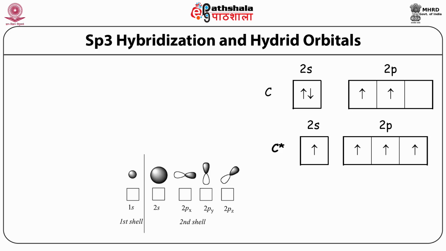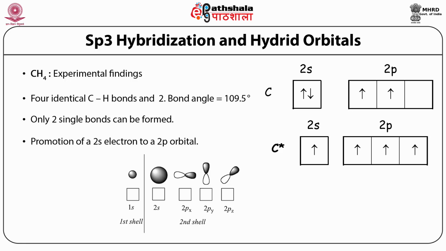Now, as we all know, the carbon's ground state configuration is 1s2, 2s2, 2p2, which can be represented like this: we have 2 electrons in 2s, and 2p has 3 components, px, py, pz, and px and py have 1 electron each. Now we have 2 experimental findings, that is, CH4 has 4 identical CH bonds and the bond angle between them is around